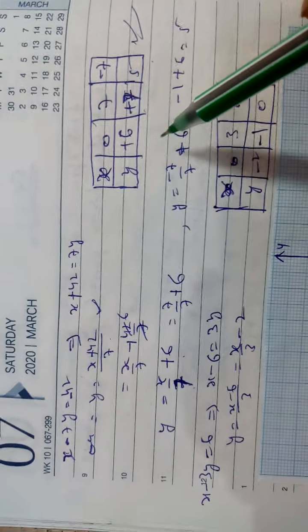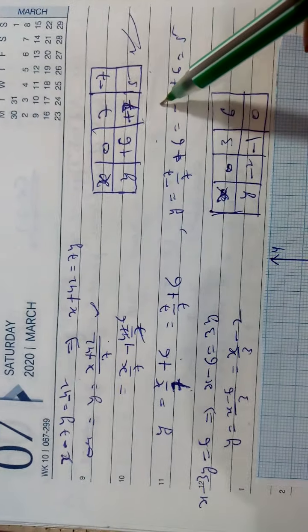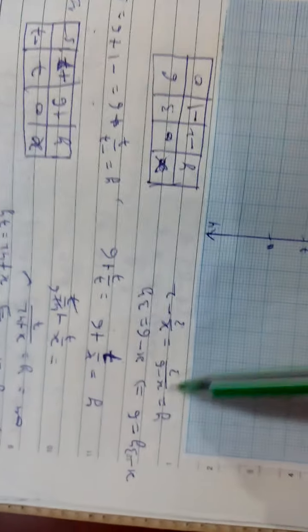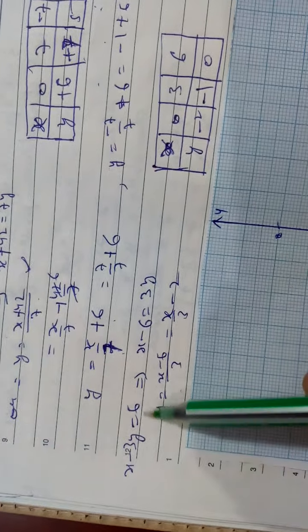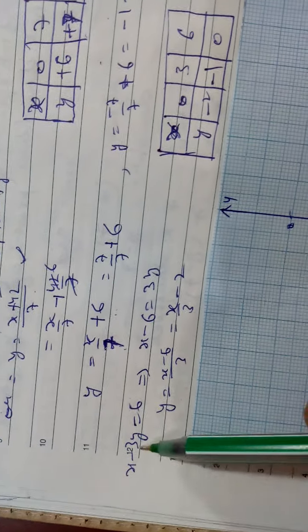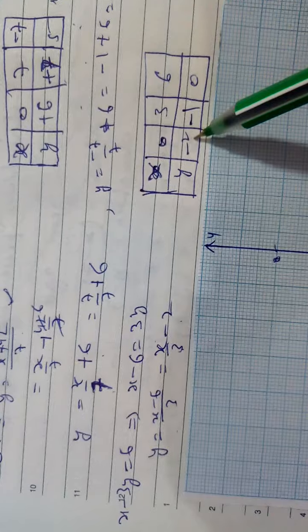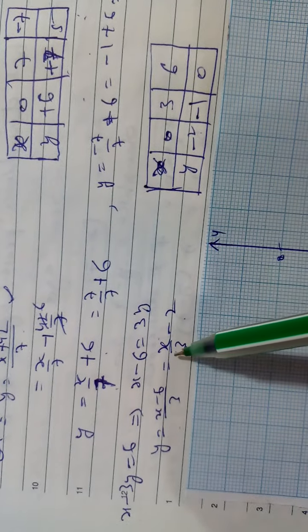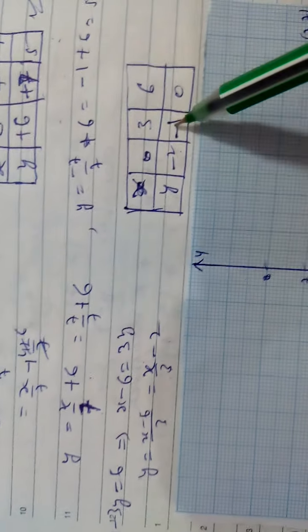0 I am putting, getting 6. 7 I am putting, getting 7. Minus 7, 5. Similarly, for the second equation, x minus 3y equals 6, 6 will go that side, 3y this side, you get this equation. 0 upon 3, minus 2. 3 upon 3, 1. So 1 minus 2, minus 1. 6 upon 3, 2, just 6, 2 minus 2, 0. You are getting this? Now what will you do?